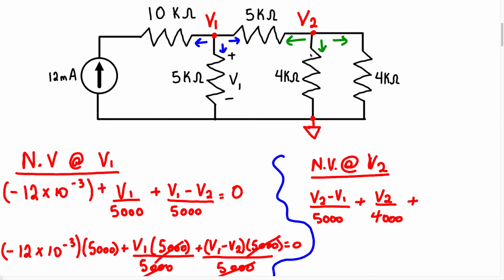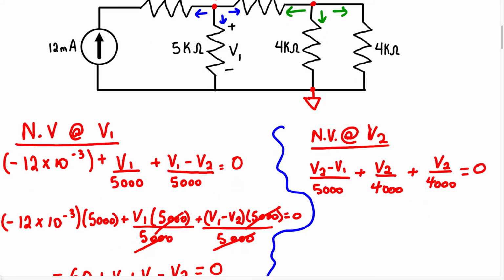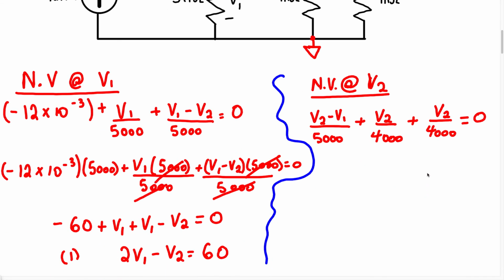We know that these two resistors are in parallel, which means they're going to have the same voltage. So if this is V2, we know this is also V2, right? Because these two resistors are in parallel. So we're going to have V2 over 4,000 equals 0. Now when we simplify this, we're going to have 4,000